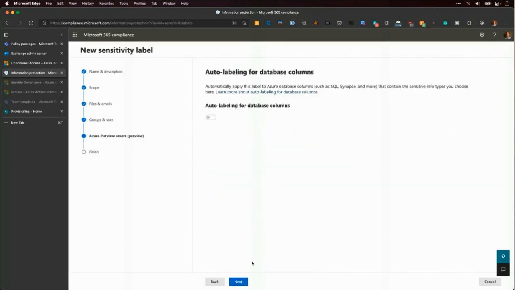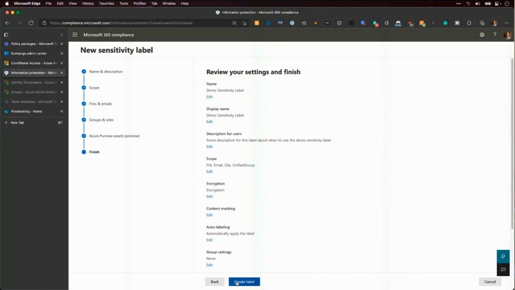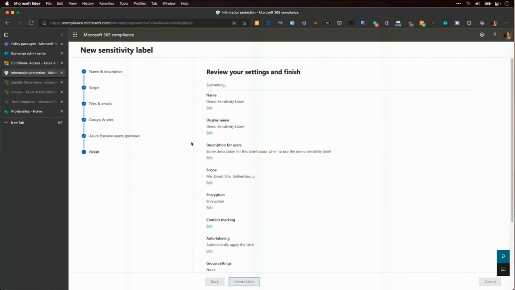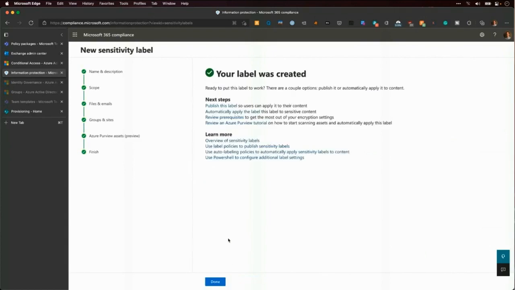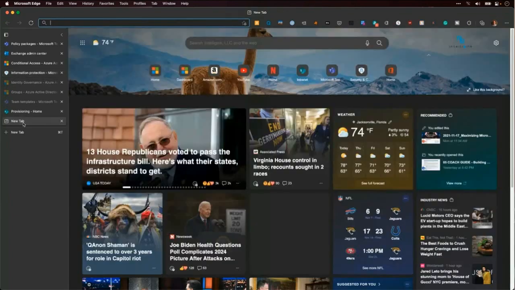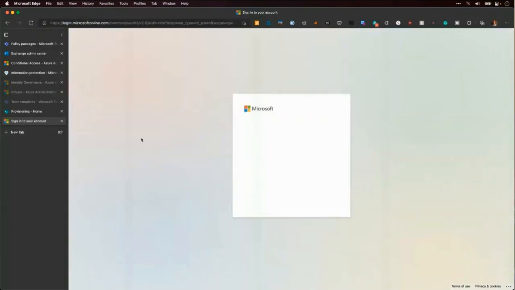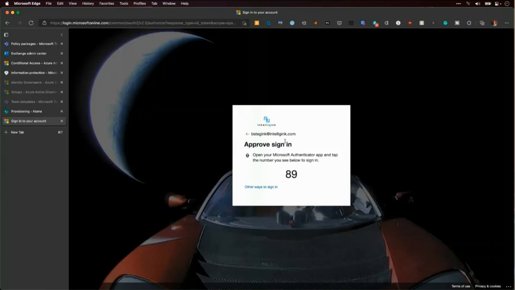So once you go there, it's just next. We weren't going to worry about Purview. We can go in here, go create the label, and it will create the sensitivity label for you so that you can go use it. So now if I would go into Teams, and I'm just going to show you this in Teams, if I can sign in here quickly. I'm running out of time. If I would go into Teams and create a new team now, what it would actually show me is force me to choose one of those sensitivity labels when I'm creating a team.